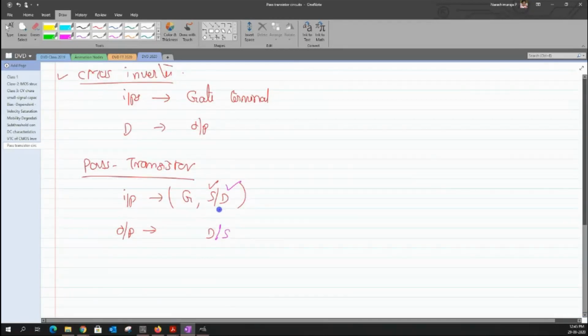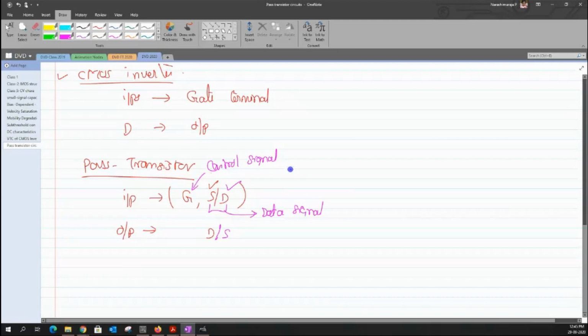Clear? Now, in general, the gate terminal is majorly controlled by what I personally call a control signal. It can be your data signal, but most of the time I visualize this gate input as something like a control signal. And normally I call the signal fed to either the source or the drain the data signal. Do not get confused with these words. It's just my own notation. Maybe you can even call the gate input signal a data signal as well.